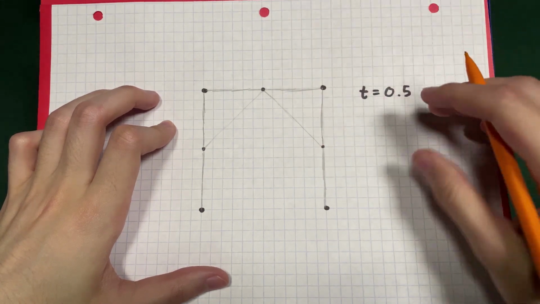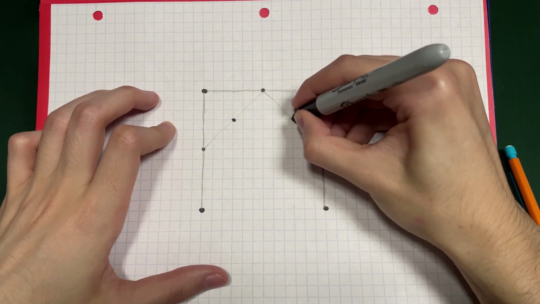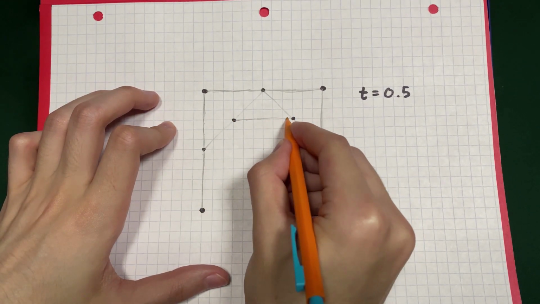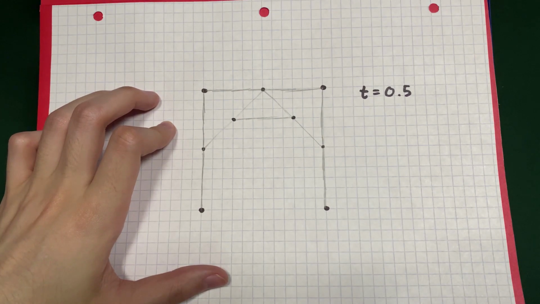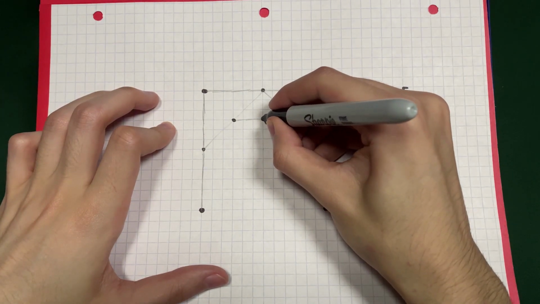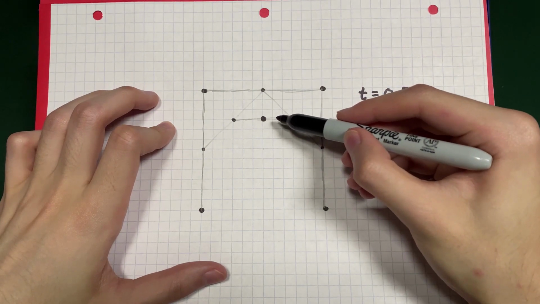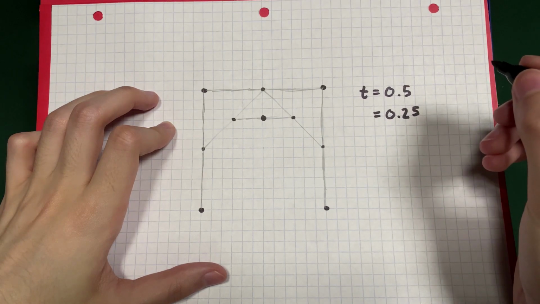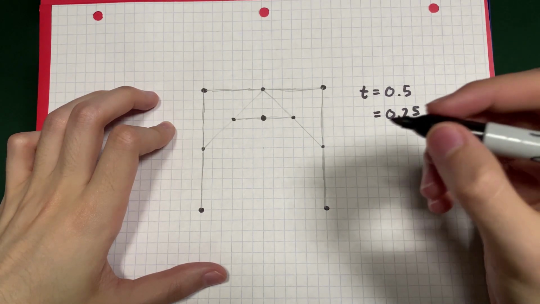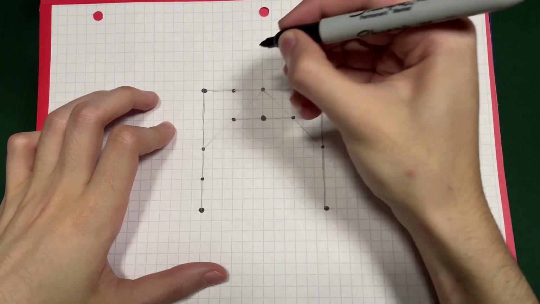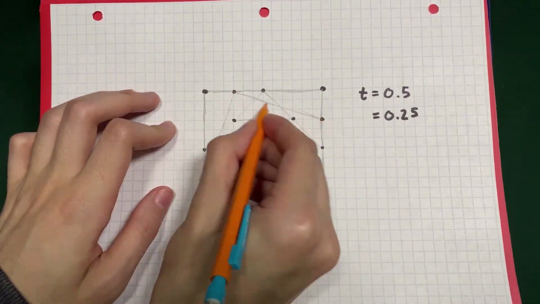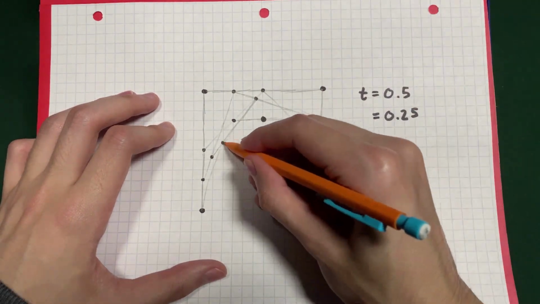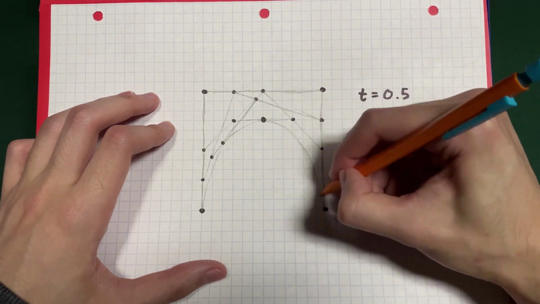If we use t equals 0.5 again, we'll have 2 dots like this. Let's draw a line between them. Oh, by the way, these lines we're drawing after the polyline are known as shells. Anyway, if we do t equals 0.5 once again, we'll have a single dot at the center of this line. This point right here is on the Bezier curve. Let's find another point, say for t equals 0.25. That's a fourth of the way into the polyline segments, so they'd be roughly here, here, and here. Now let's draw the shells, the next couple dots at 0.25, and there's your next point. If you keep doing this, you'll eventually get the overall Bezier curve.